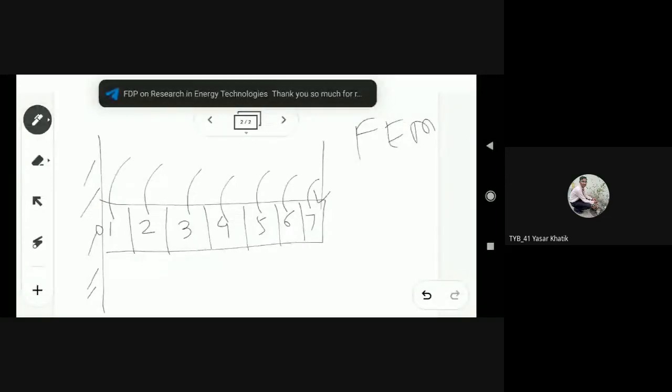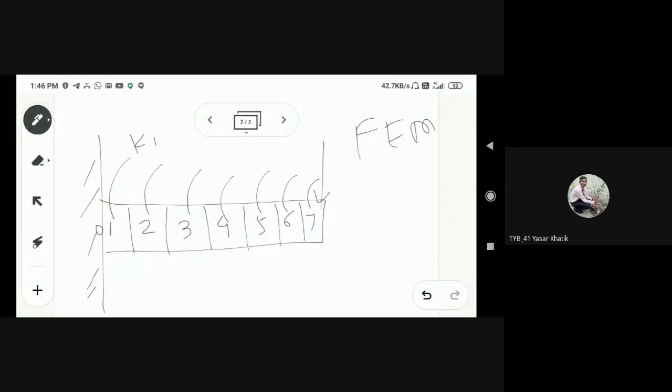That means we can consider the stiffness matrix K1 for element one, K2, K3, K4, and so on. Remember, if you divide this part into a greater number of elements, that implies better accuracy, but you will require more time for the analysis.